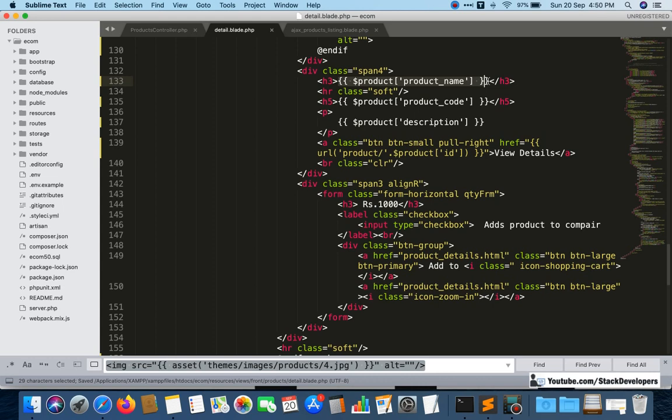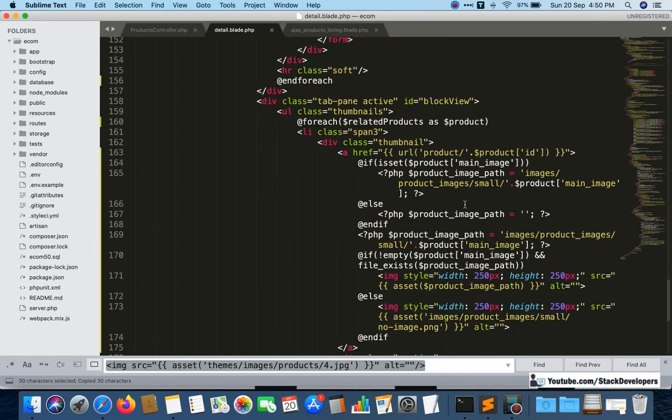And product name, product code and description in another view as well.